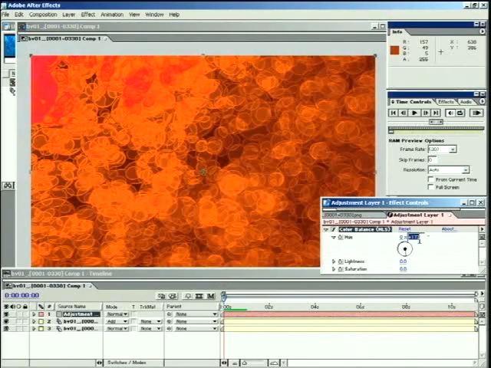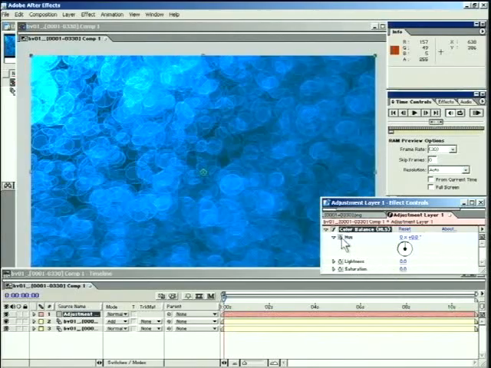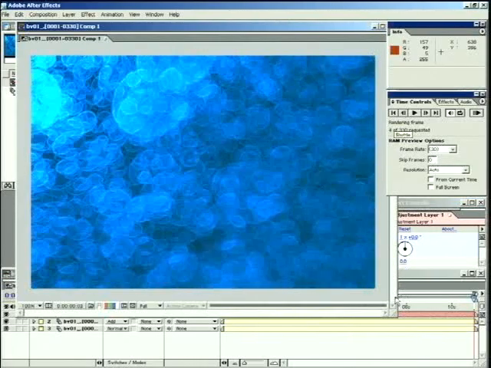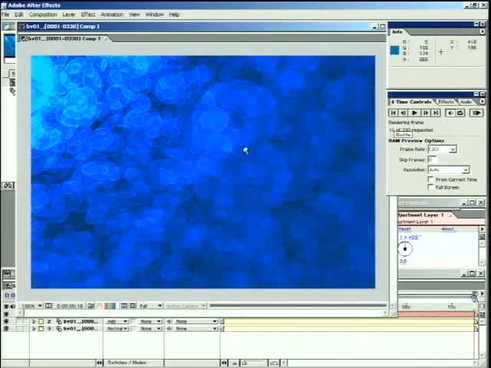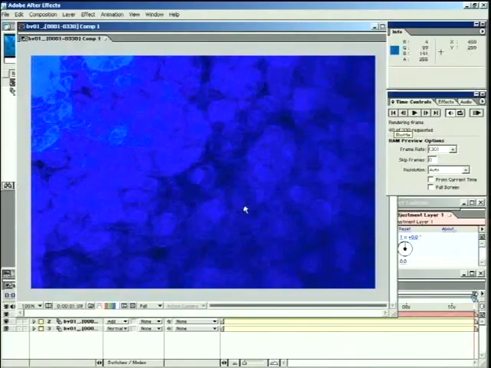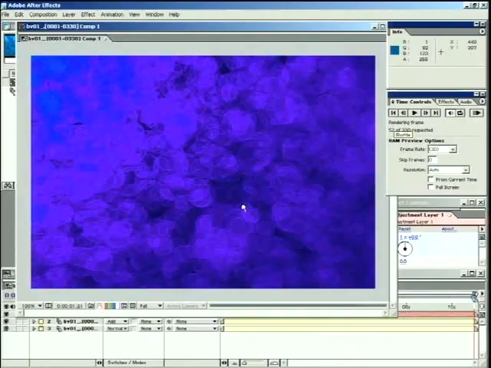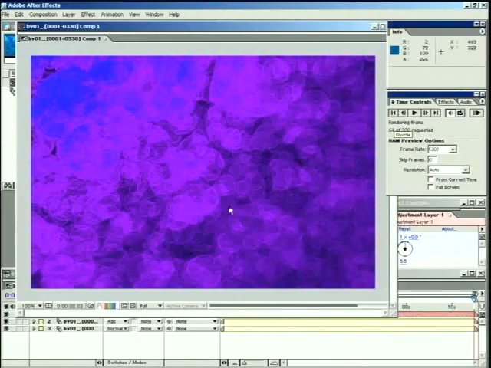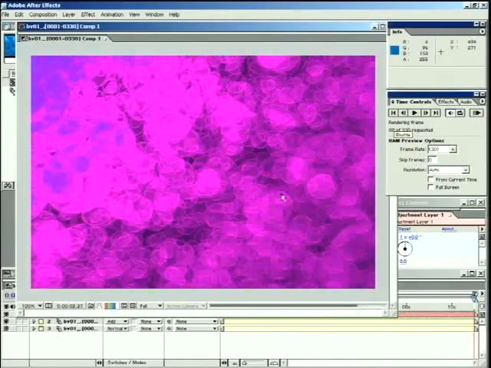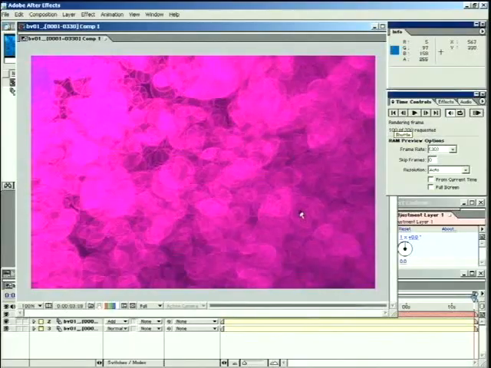Now, what if you really wanted to be funky and you keyframe the hue? So let's set a keyframe. Back at the beginning, the hue is going to be 0. All the way at the end, the hue is going to rotate around 1 time. So now as it goes, you're going to see it's in blue and it's going to get deeper blue and it's going to turn into the purple. And then this purple is going to start moving into the pinks and lavenders, and then into the reds,